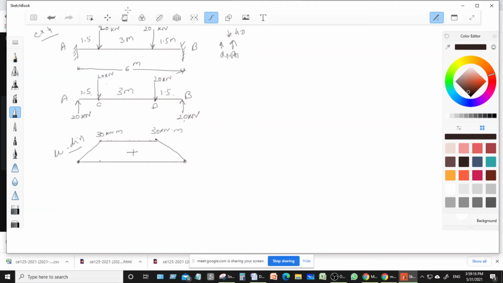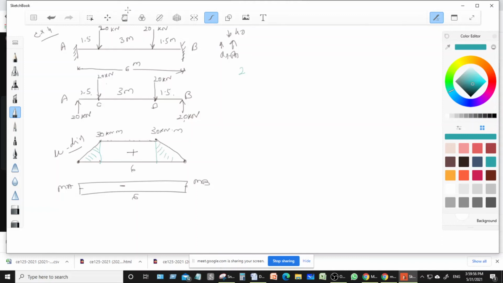It is positive, and we draw the Mu dash diagram. That is also MA. This is negative, and this is MB. It is symmetrical, so MA is equal to MB, and this is 6 meter. So now let me just sum up this Mu dash and Mu diagram. So area of Mu diagram, we have two triangles, right? Let me divide this into the triangles. This is the first triangle, and this is the second triangle.